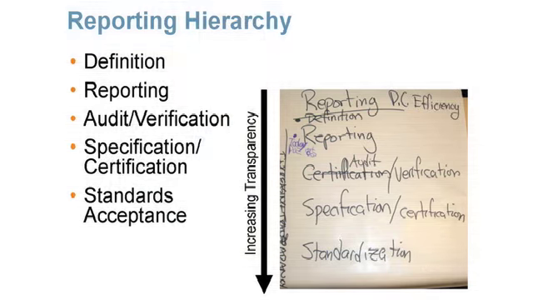Then we talked for a while about this reporting hierarchy, and I think we'll talk about this more as we come to some of the presentations that are about to come and talk in terms of certification. But really, if you think about this as a framework of how a metric would have a life cycle, you start with just defining a metric, right? Let's use PUE as an example because most folks understand what that is. It's the power that goes into the facility divided by the power to the IT equipment.